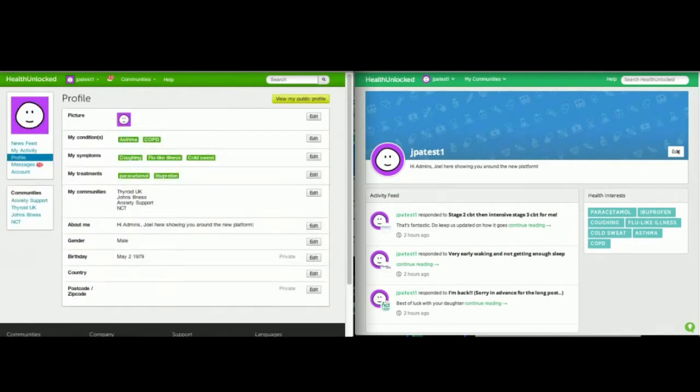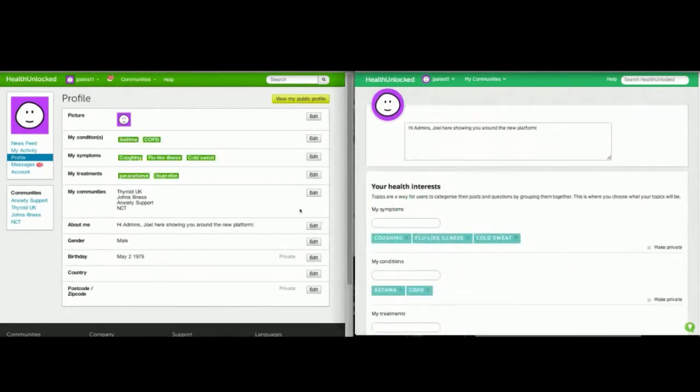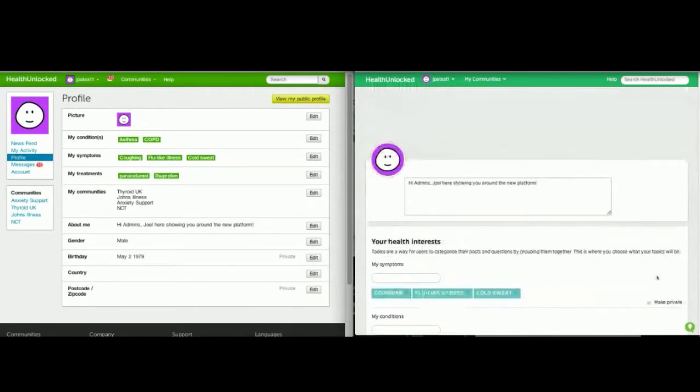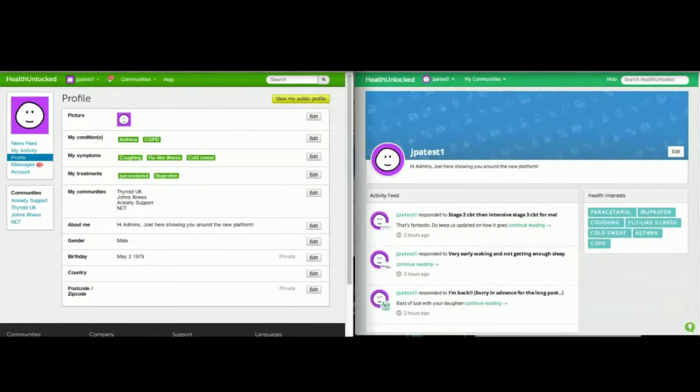This page, the equivalent of this, slightly has some functionality that we need to put in right here, but ignore that for now. We think that it's a little bit more straightforward, being able to add your health interests straight away, and then you could do all the same things you could previously do. So look out for this. This will be a nice little feature. Let's move on to